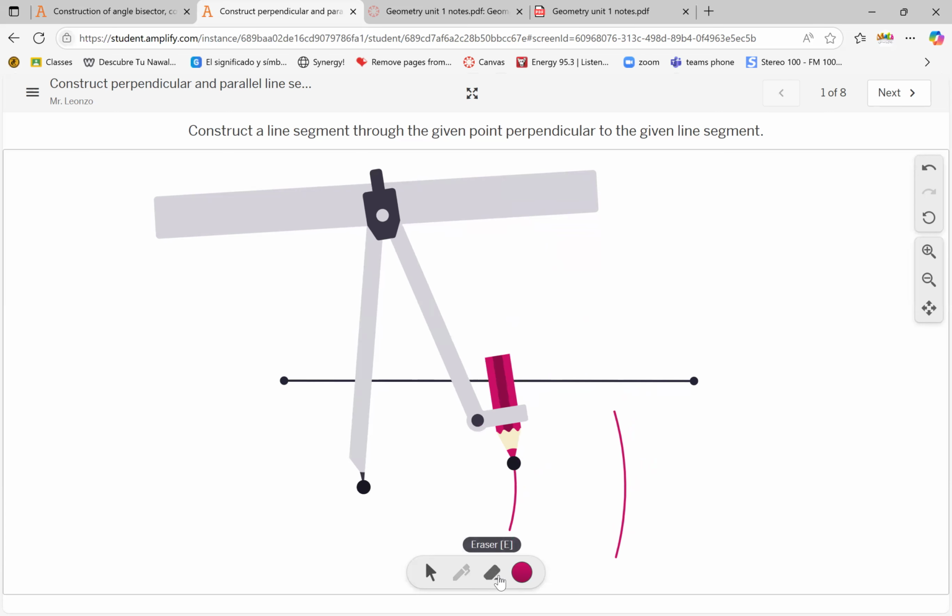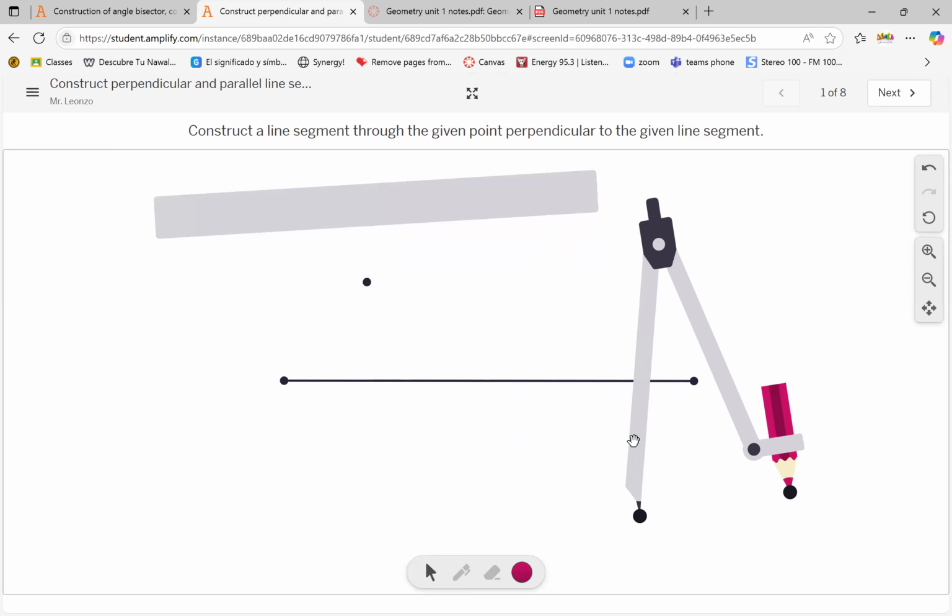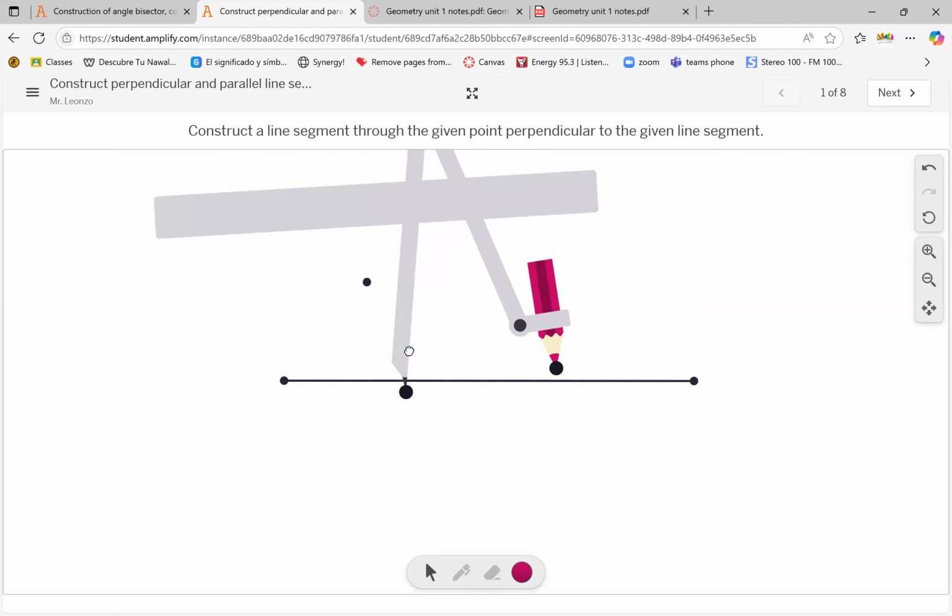Okay. I don't need to do this, so notice how I click on my eraser to erase stuff. I'm going to click on my pen if I want to draw something. See, I draw something. Let me erase that again. And I'm going to click on this move tool, my cursor, if I want to move things. Okay, so now that we know,